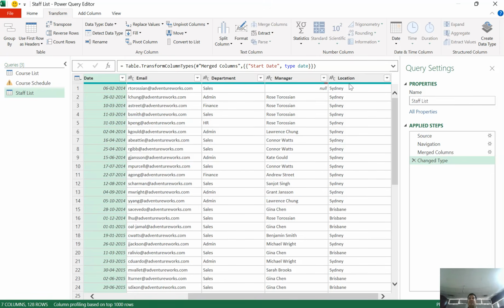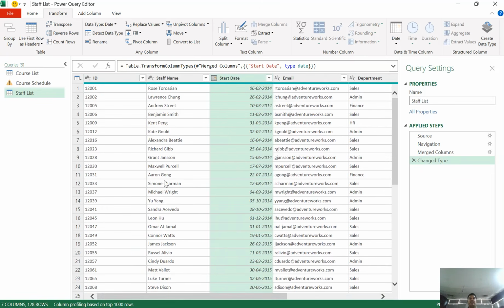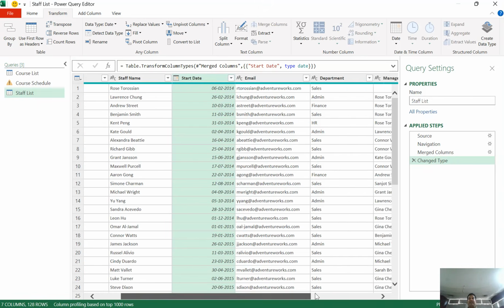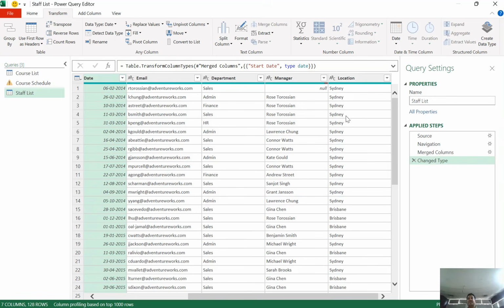The next one is the location column. In the location column, you will see the data is text and the data type is also text. Now let's just check the variables: ID is text, staff name is text, start date is in date format, email is text. Similarly, department, manager, and location